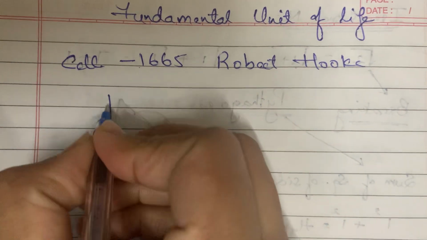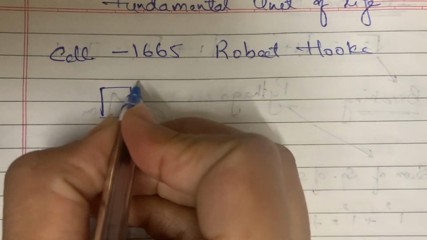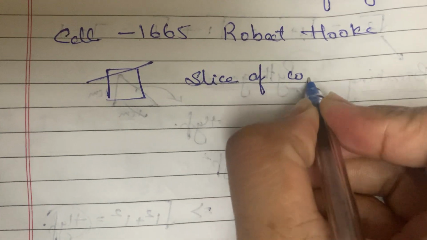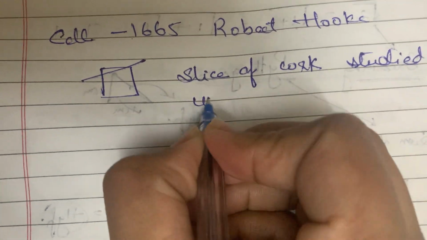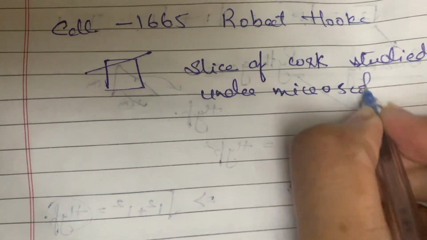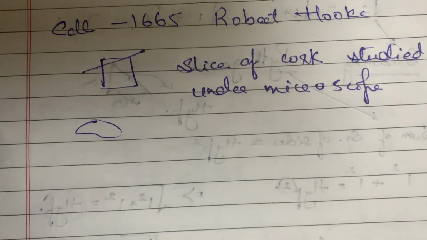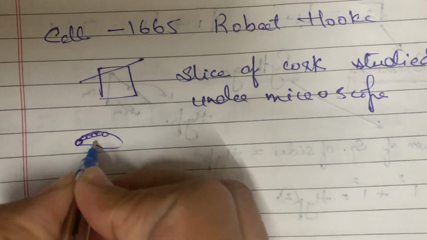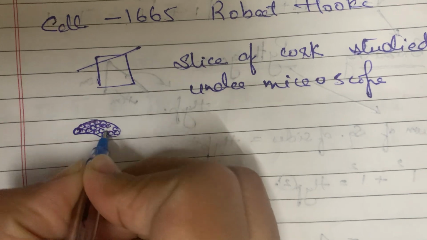He took a piece of cork and was observing it. Then he sliced a piece of it. The slice of the cork was studied under the microscope, and when he studied it, he observed that the particular piece of cork was made up of tiny individual structures. They were put together, and he got to know that this cork is not just one particular thing,